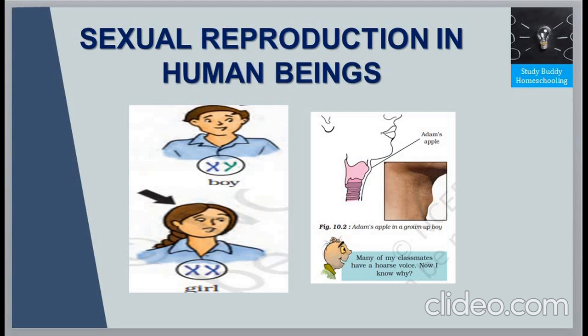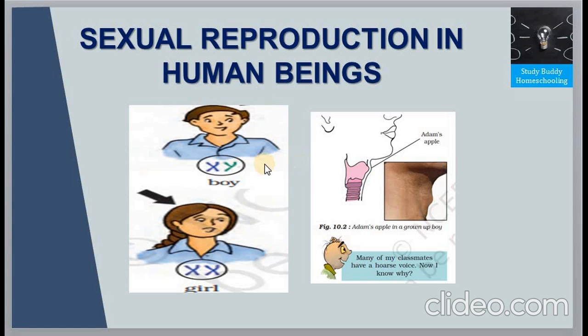In today's session, we'll be seeing sexual reproduction in human beings. So what is meant by sexual reproduction? In sexual reproduction, there are two parents involved, one male and one female. The male releases sperm cells and the female ovum. So the fusion of sperm cells and ovum leads to the formation of zygote, which eventually leads to the growth